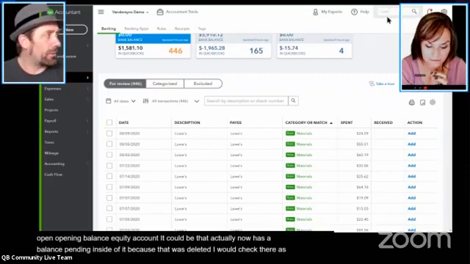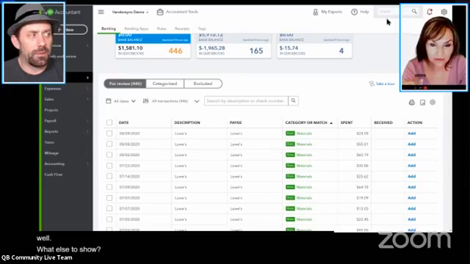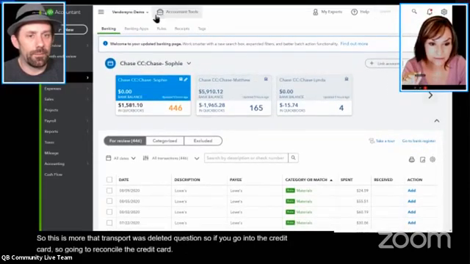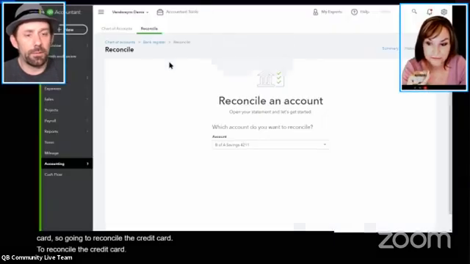What else to show? So this is the one where the transfer was deleted. Is that the question we're on? Okay. So if you go into the credit card, go into reconcile the credit card. Reconcile the one that's called just credit card.